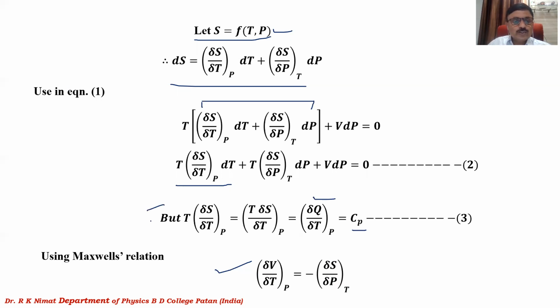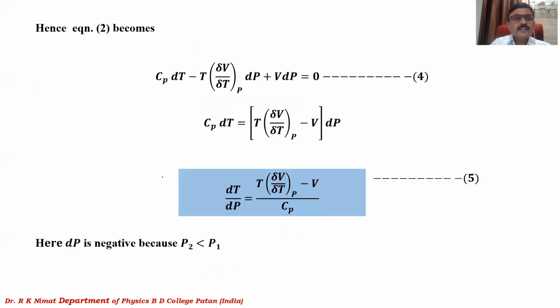So we will use these two terms in equation 2, so that you will get the equation as Cp dT minus T (∂V/∂T) at constant pressure dP plus V dP is equal to 0. Or you can write Cp dT is equal to, take this to the right side, so you will get [T (∂V/∂T) at constant P minus V] dP, as dP is common. Or you can write this as dT divided by dP, which we are interested in,